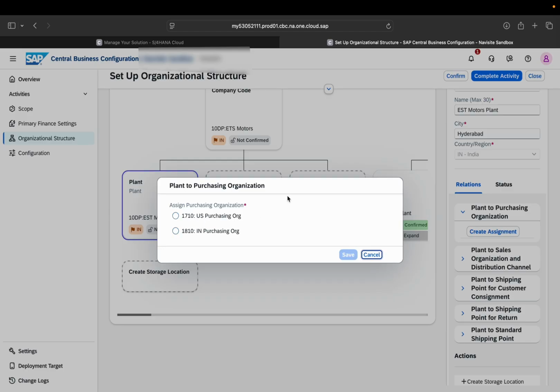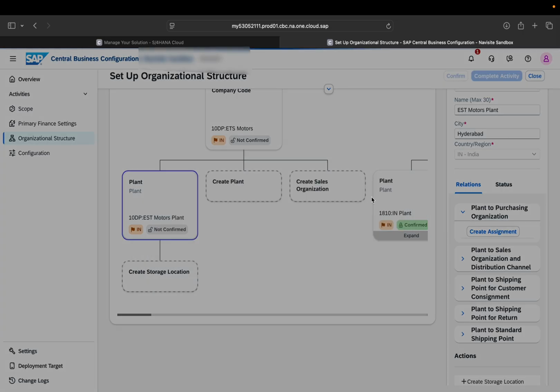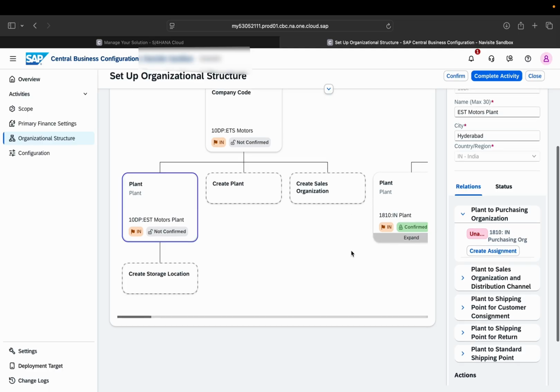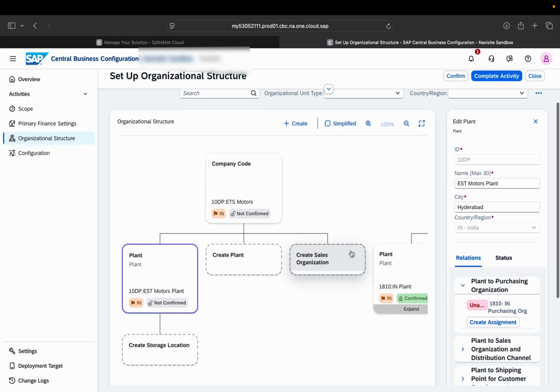So if you notice, 1710 US purchasing organization, 1810 IN purchasing organization, it means that from the SAP best practices, it is pre-delivered two different company codes from two different regions, that is US and India. So as this company I have created for the India region, I will select 1810. Okay, if you have created a company code for US, you need to select 1710, but instead I have to select over here 1810 because I created my company code in the Indian region. Okay, let's select this, click on save. Once we click on save, we can see that it is already assigned right now. And now I'm done with the setup for company code, plant, and purchasing organization.